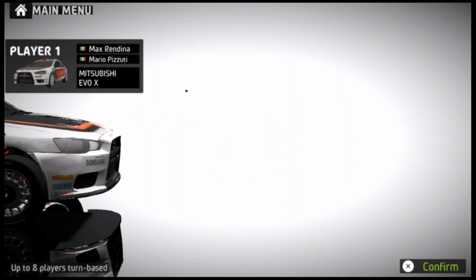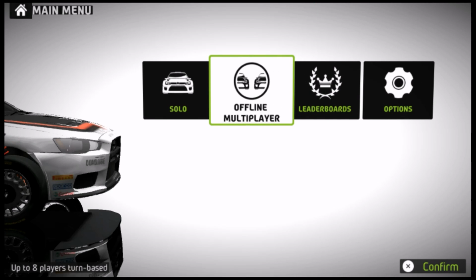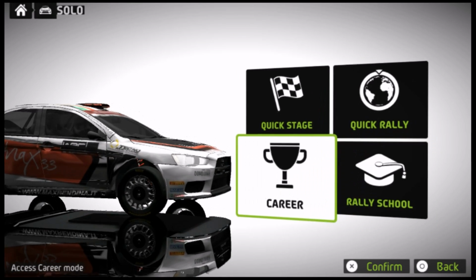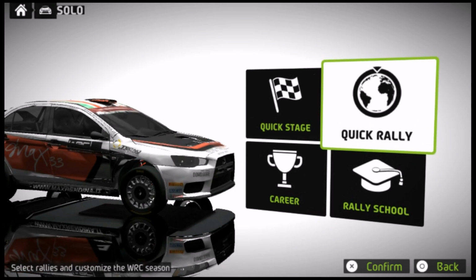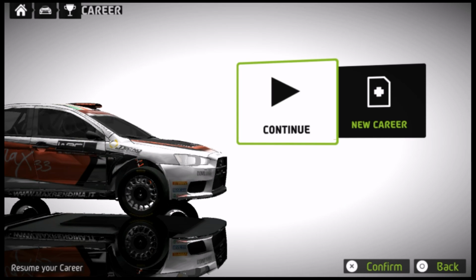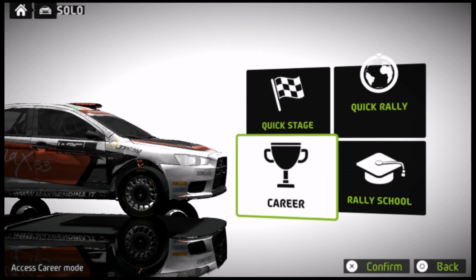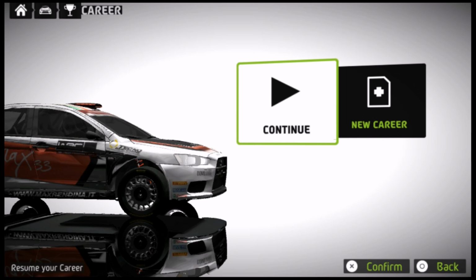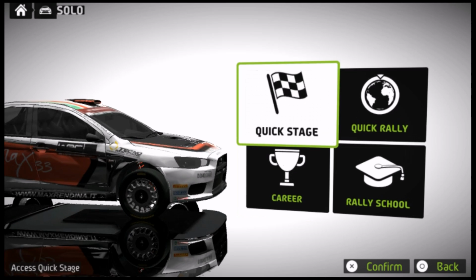As far as single player is concerned, you have 4 different game modes you can go through. You have Career, which lets you create a driving profile, country of origin, sign a contract with someone with a car, and go through 13 different rallies. You have Quick Stage that lets you just pick a stage, car, weather situation, etc., and just go at it